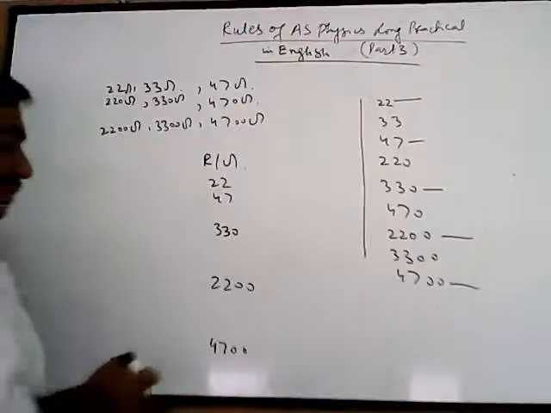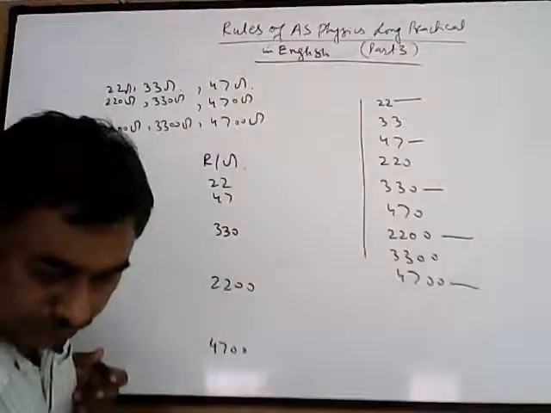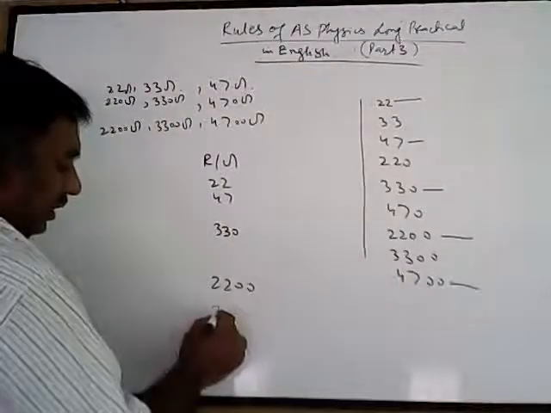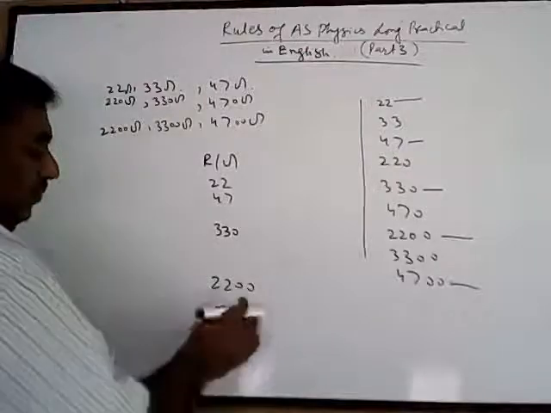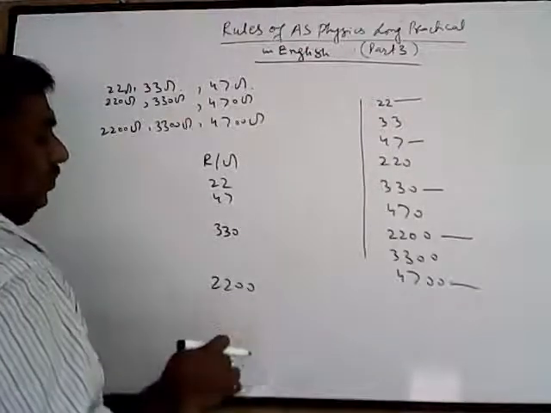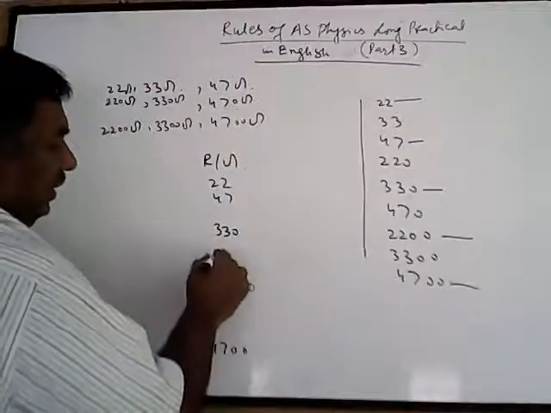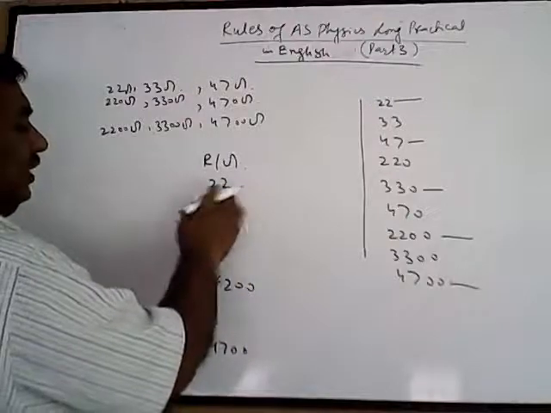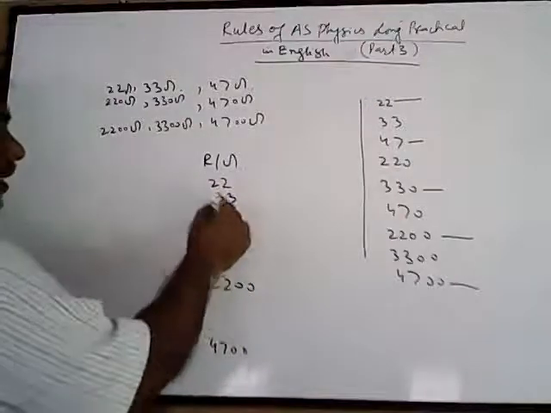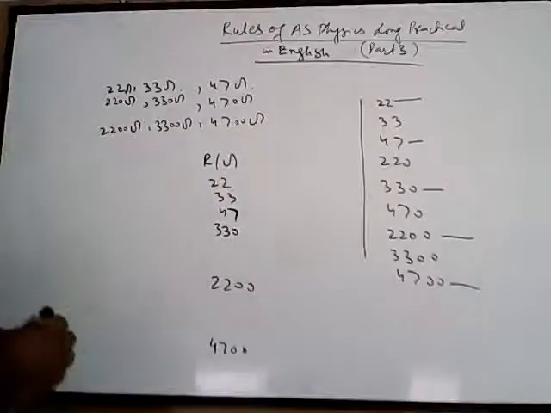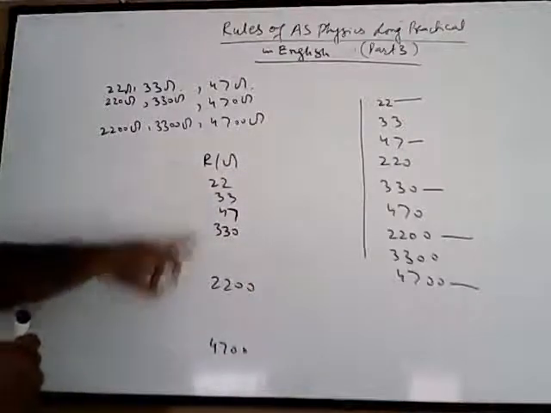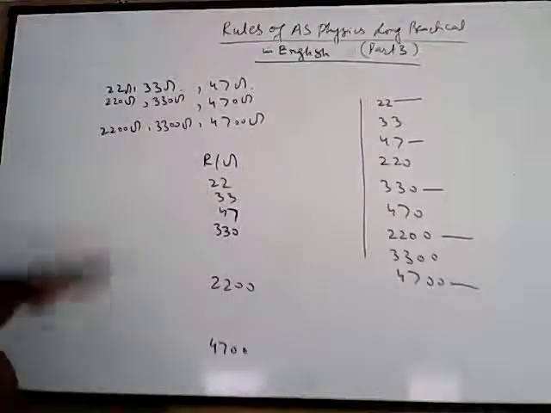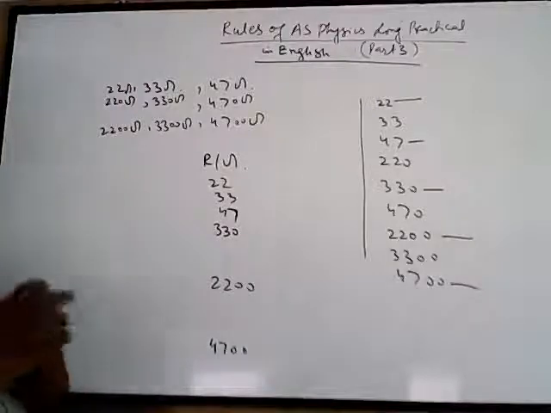Now you can take one at your will, but it must be arranged in the table at the proper place. Suppose if you want to take 3,300, then write it here. But if you want to take 470, then write it at the proper place. Or suppose if you take 33, then write it at 33 and 47 here. Now here the equal intervals are not possible, but the range is wide because we have used the maximum and minimum value. They are in ascending order, and they are well spread over the values given here.